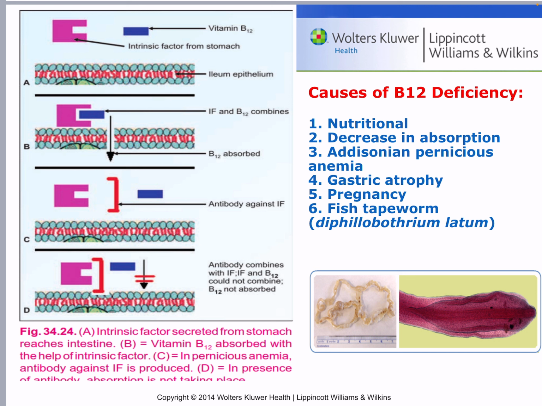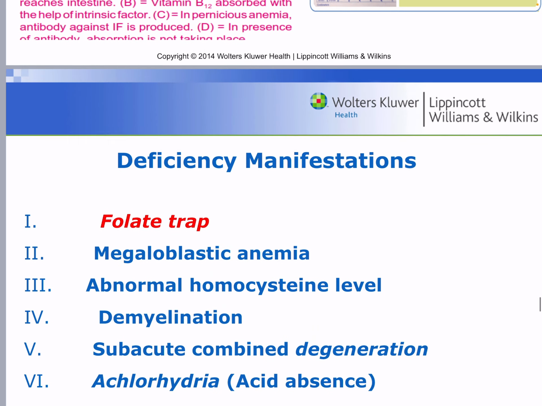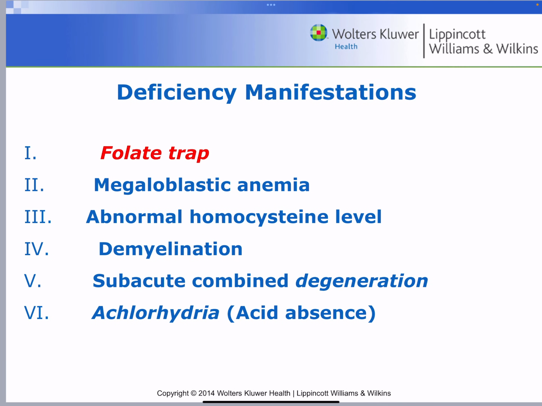What's called Addisonian pernicious anemia is another cause of the vitamin B12 deficiency. Gastric atrophy, because you need the action of the acid in order to release the R protein from the B12. Pregnancy, because there is high consumption of vitamin B12, and they found also kind of parasite infection اللي هو fish tapeworm يسموه, Diphyllobothrium, for example. It is kind of parasite اللي هو نوع من أنواع الديدان الشريطية اللي بتيجي مع الأسماك, can also be associated with vitamin B12 deficiency. هلا المانيفستيشنز إذا في عندك vitamin B12 deficiency